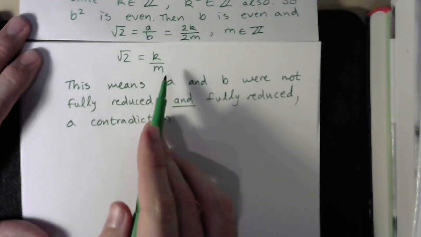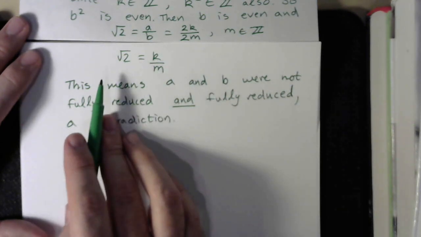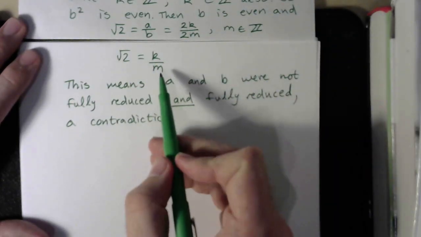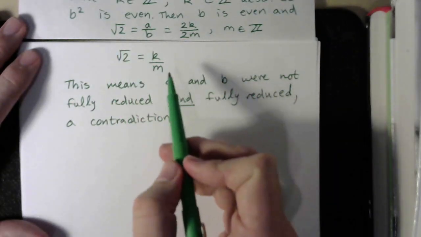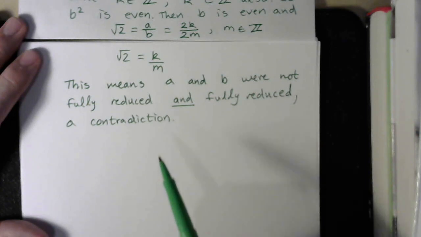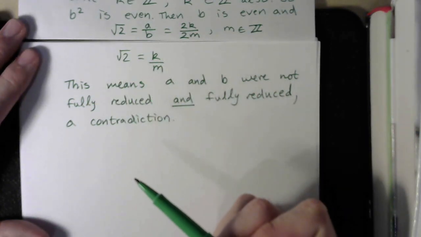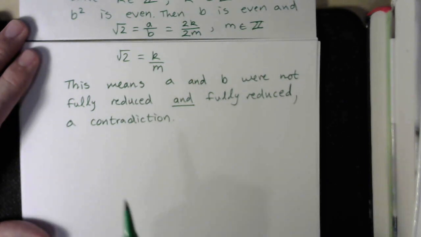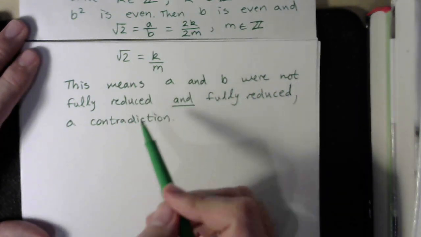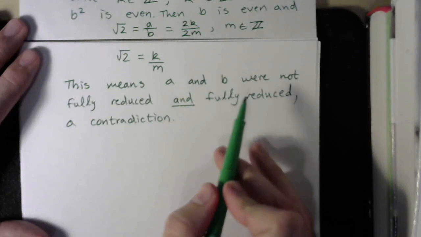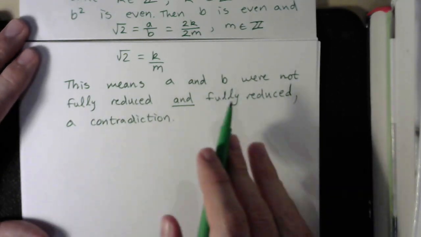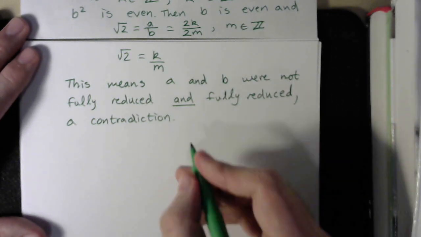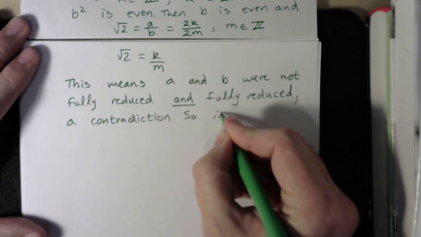So we could square both sides, we get k squared over m squared equals 2. We go through the exact same process. So you can actually show that every single integer, if you allow square root of 2 to be rational, can be factored by 2, which we know is not possible because not every integer can do that. And you can repeat this process over and over again. And so that's why this statement is correct. We have fully reduced, or not fully reduced, and fully reduced, our contradiction. So it must be the case